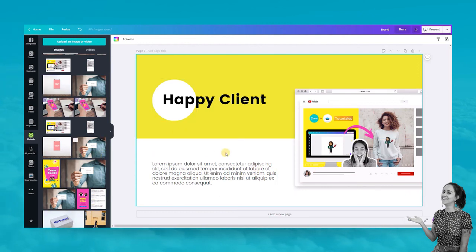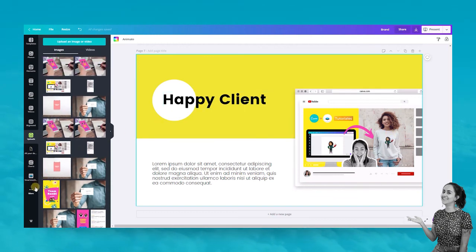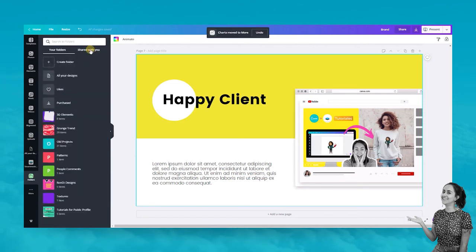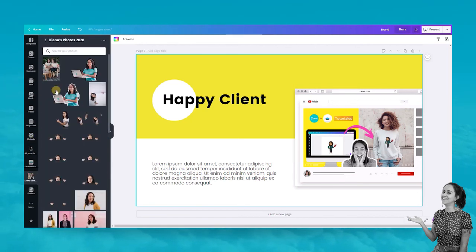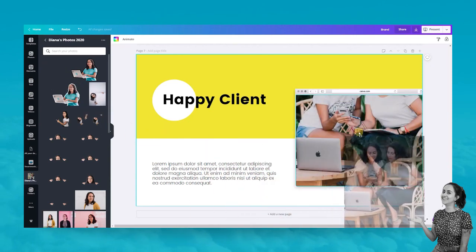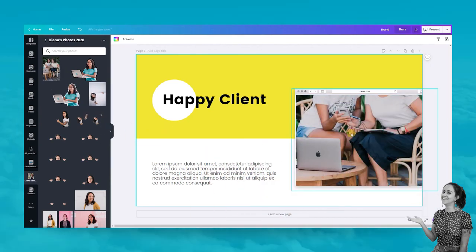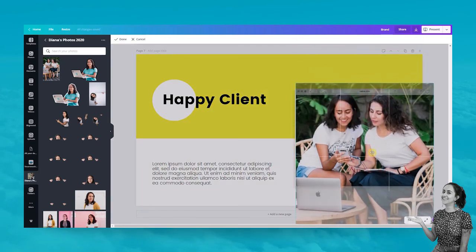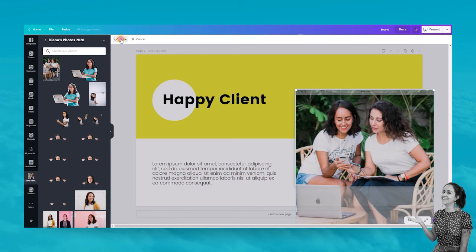And also what I used in this example to make the PDF more engaging, or for your potential clients to feel closer to you, I used an image of myself interacting with somebody so they can picture themselves working with you. So I have my picture somewhere here, and I have my picture here, and I'm just going to drag the image inside this frame,